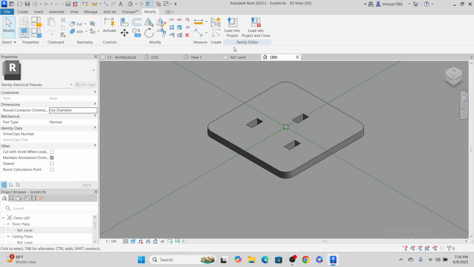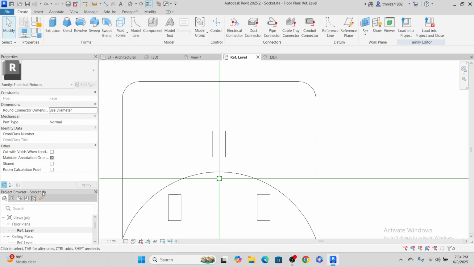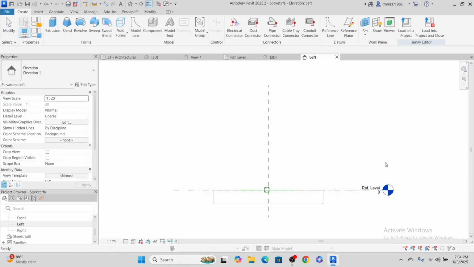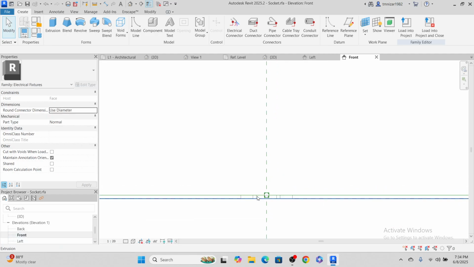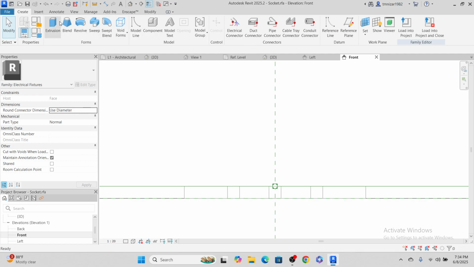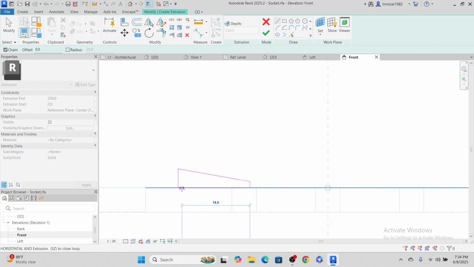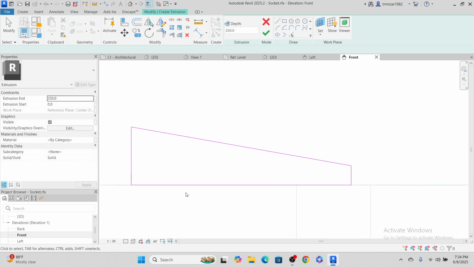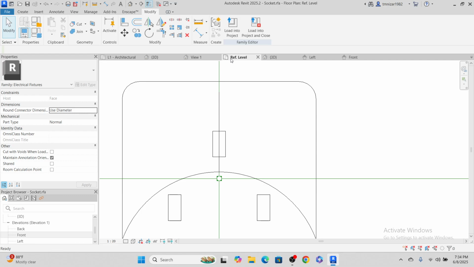And also, if you go to the front reference level, I need one switch, like switch. So let's draw in the left. So go to the left, left or right? No, let's go to the front. Yeah, here. So you make sure some one up, down, like this. Because this is for the visual. Okay, finish. So reference plan